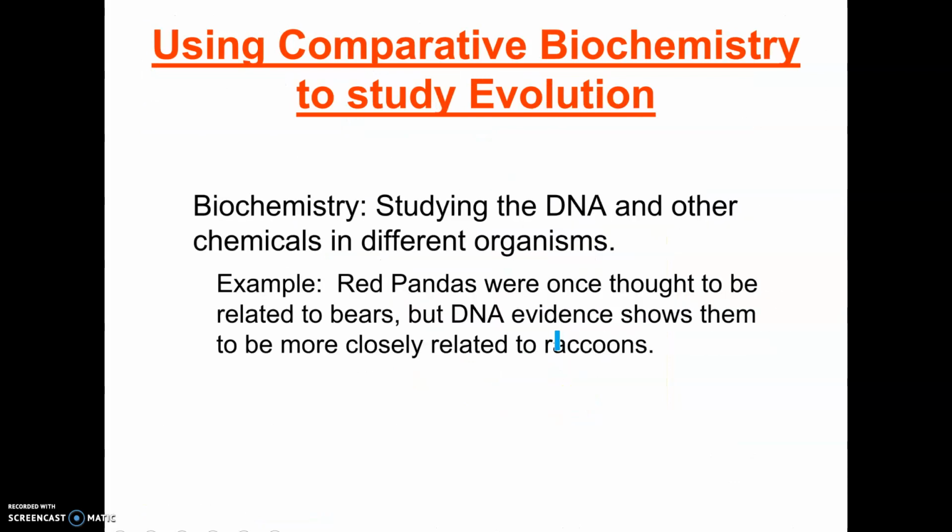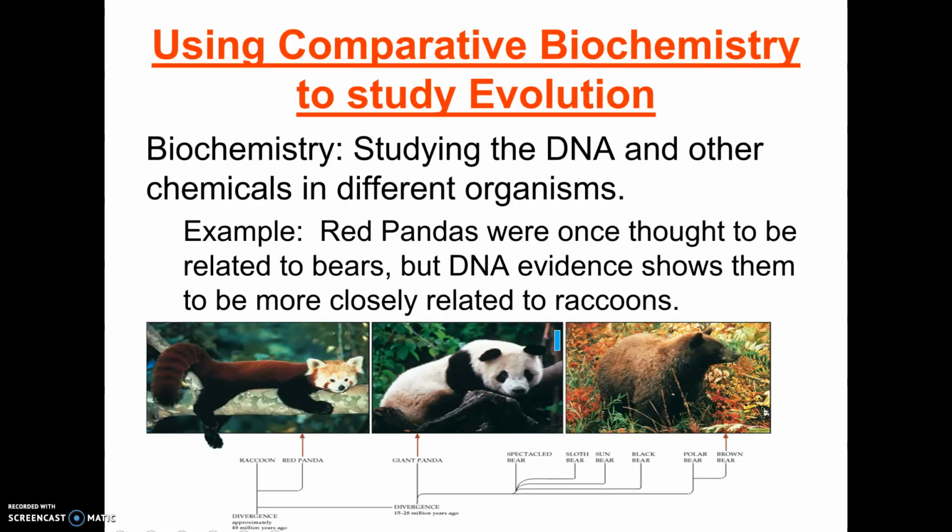Okay, the last one is comparative biochemistry. This is another one of those evolutionary trees down here. This one actually is done vertically, but notice how this one also has time frames on it. So sometimes they'll have that. Again, what we've discovered in this case, using biochemistry, which is probably one of our best ways to study evolution now. It's kind of a newer way, and it's taught us so much more because we can learn how much of our DNA is in common, and we can track back and find the first ancestor that had a particular mutation in the DNA, and the more mutations there are, the further the two organisms have diverged